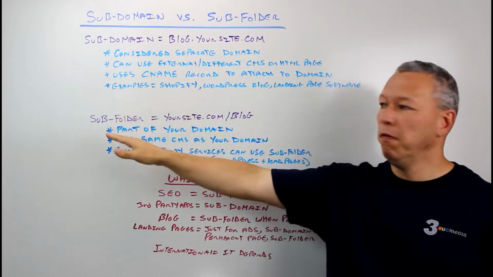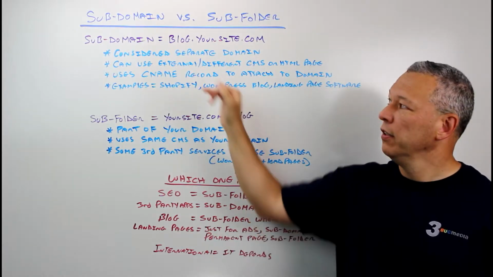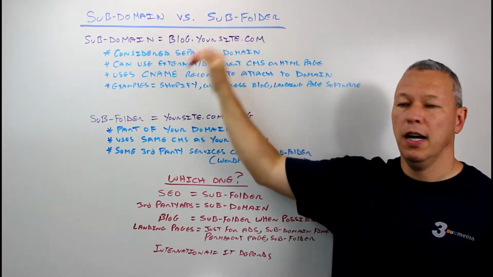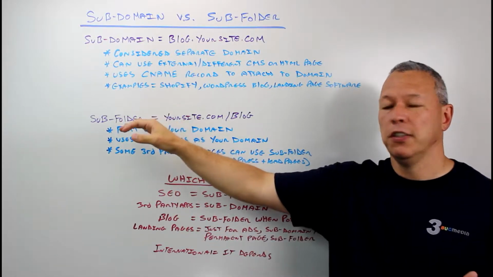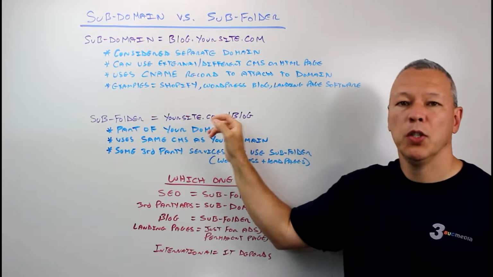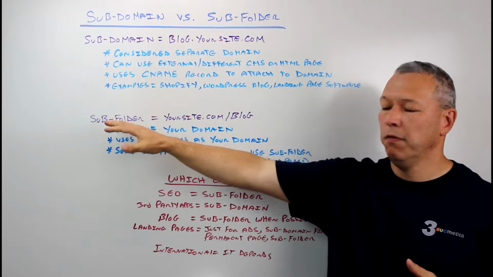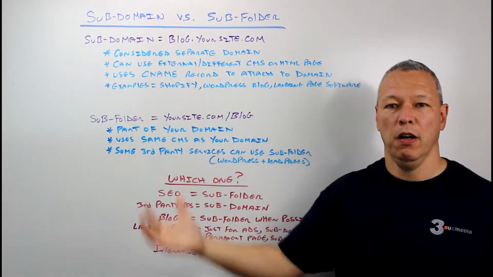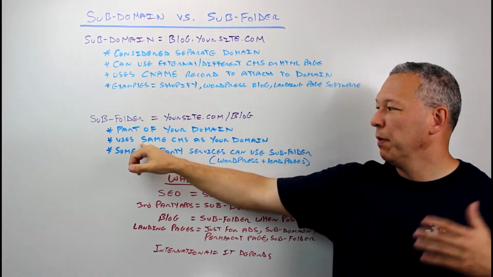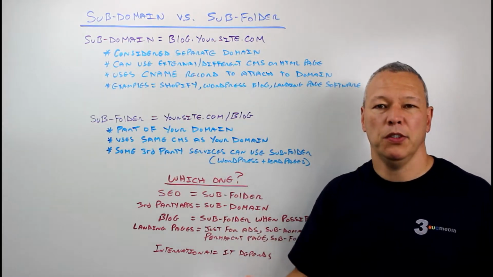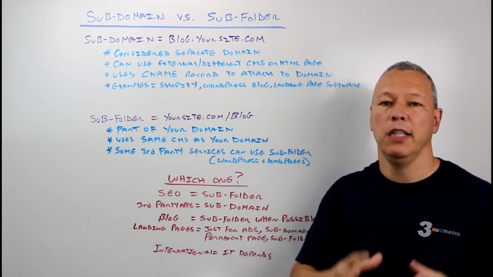Now, when we're talking about subfolders, it's going to look something like this: yoursite.com/blog. You see here, blog.yoursite.com. There's a difference in the URL structure. In the subfolder case, the search engines consider everything after the .com to be part of your main domain, and that's the biggest difference between a subdomain and a subfolder, where a subfolder is all part of your main website domain. So it's part of your main domain, and typically it's going to use the same CMS, content management system, as your current domain because it's all going to be baked in together, so they need to generally work and